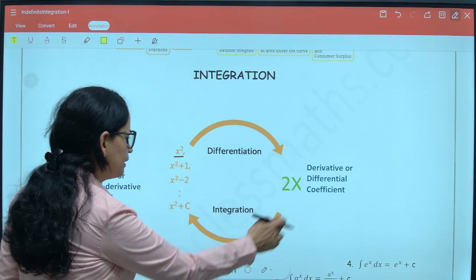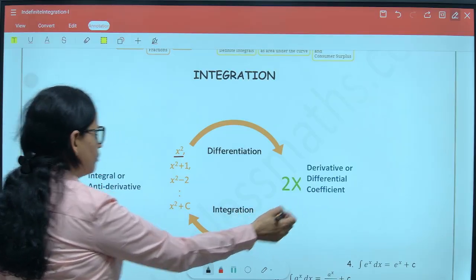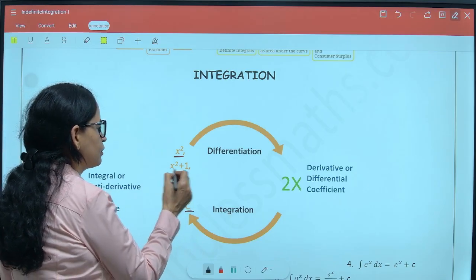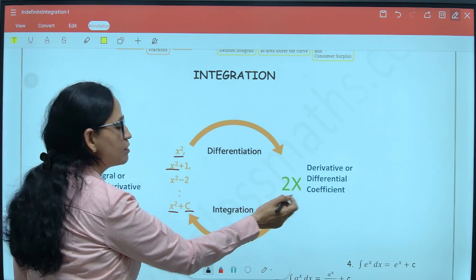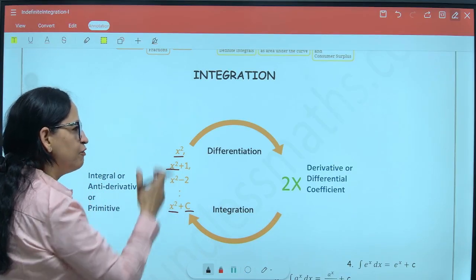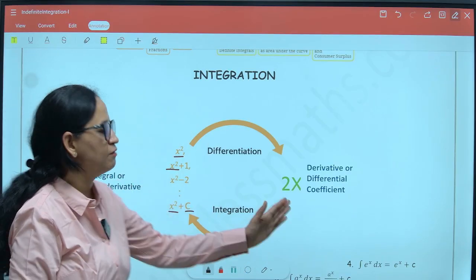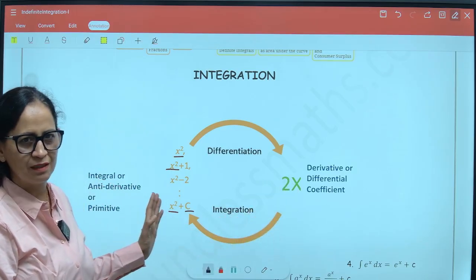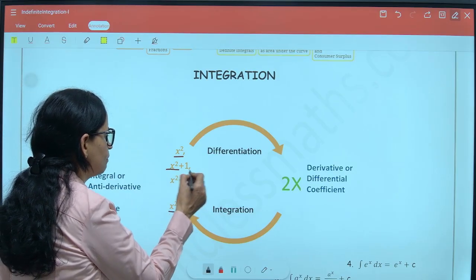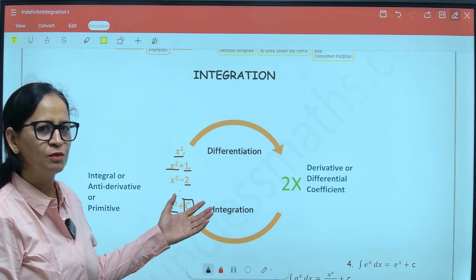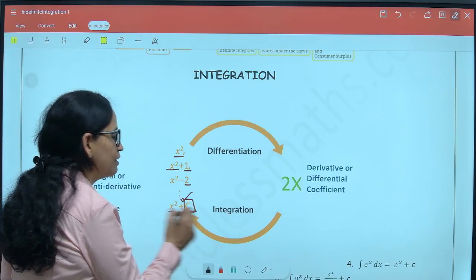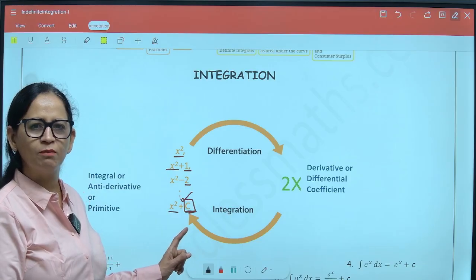So when we integrate 2x we get x square plus a constant, because even if we have a function like x square plus 1, the derivative is 2x. x square minus 2, the derivative is again 2x. So there are infinite such functions whose derivative is 2x, and when we do the reverse operation, that is integration, this constant of integration becomes very important, because this constant may be 0, a positive numeral, a negative numeral or anything. So you need to take care that you are always adding the constant of integration when we talk about indefinite